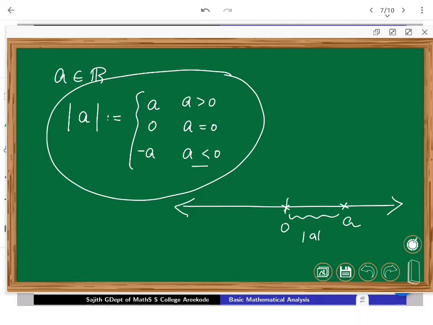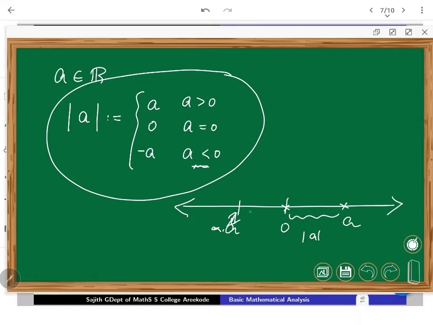See, the modulus function, at first, in the definition, gives how far away you are from 0. See this last part: if a is less than 0, a will be lying somewhere on the left. So the additive inverse of a, if you are looking at it, is minus a in that case. I mean, a is a negative real number. So somewhere it lies here.